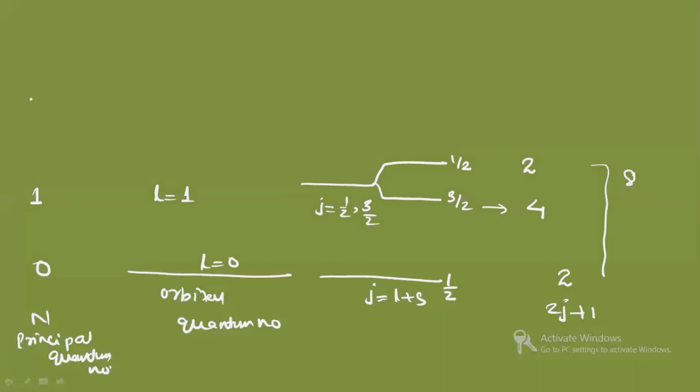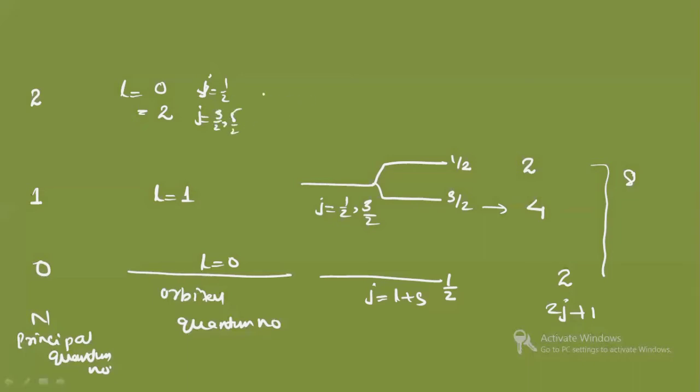Alright. Now let's see for N is equals to 2. Alright. So for N equals to 2, if you see, L will be equals to what? L will be equals to 0 and 2. You have to remember for even you need to take the even terms. For odd you will take the odd values of this one. Now you see the value of J will be what? In this case, for L equals to 0, the value of J will be what? Half. And for L is equals to 2, the value of J will be what? Will be 3 by 2 and what? There will be two values now. It will be 3 by 2 and 5 by 2.